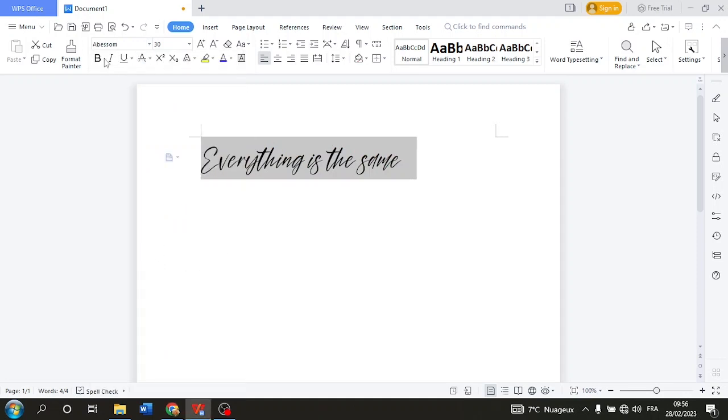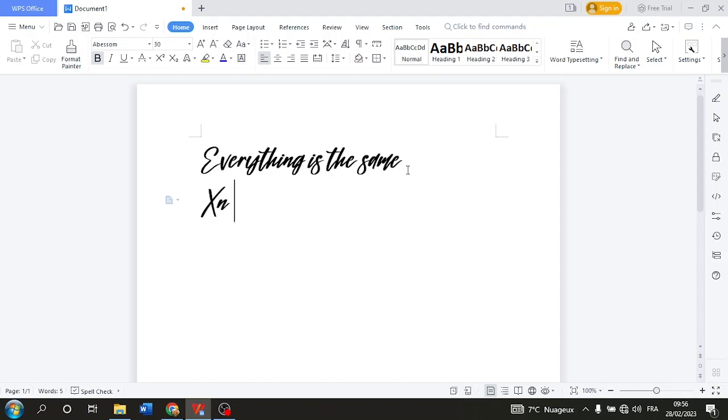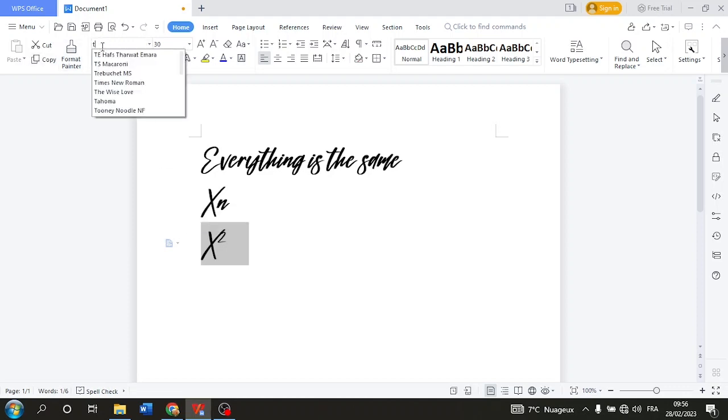Wow, that's beautiful. Here is the bold, the italic, the underline, the strike through. And we also have the superscript and the subscript. For example, x n and x 2. If we want to make x power 2, let's make this a superscript, and you can see it's an x power 2. Let's make it 2 times in Roman so that you can understand what this means, x power 2. And for this, times in Roman,